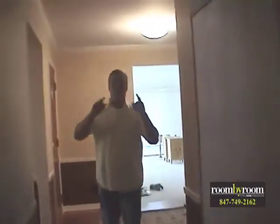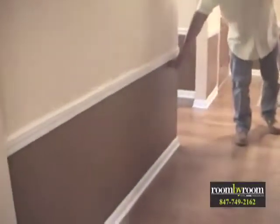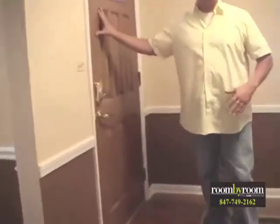Again, in the foyer area, we're going to take a look this way. In the whole foyer area, we did all new crown. All the chair rail was here, but he decided to paint the darker brown on the lower, and then the lighter, he brought the whole thing in together. These are all new floors, a new front door we put in, a new door system,